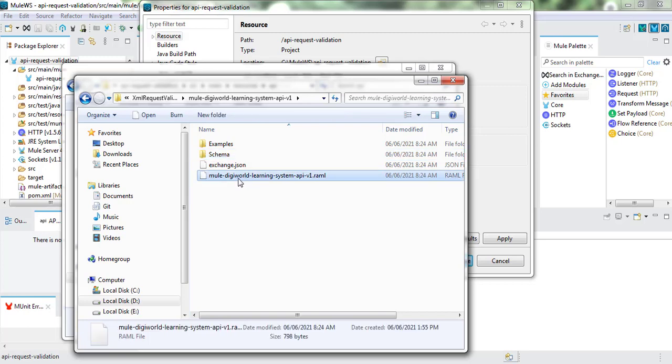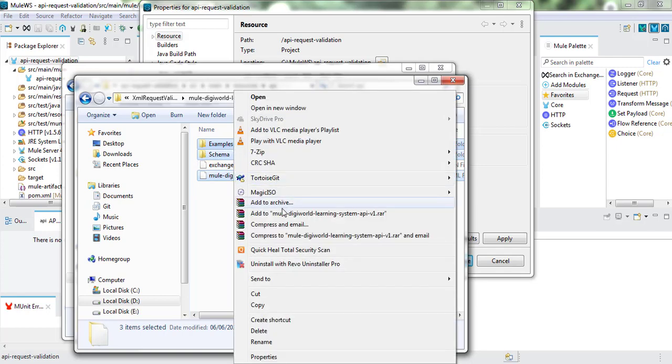So this one, the main RAML file, and then the schema folder and examples. These three artifacts I will copy from here,